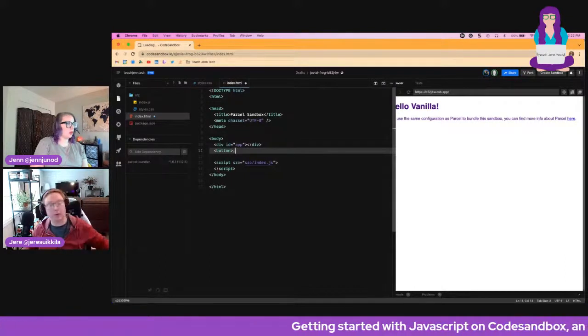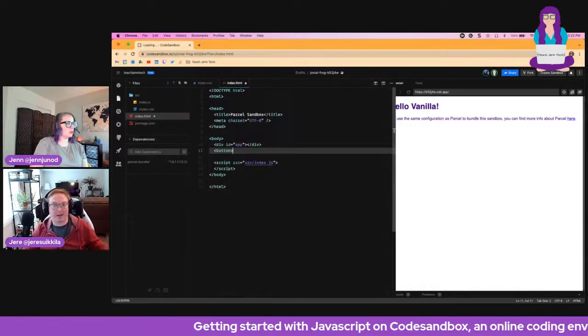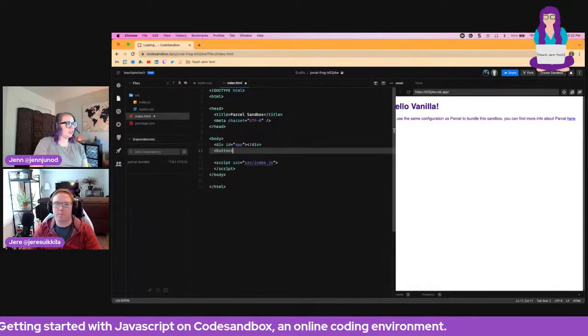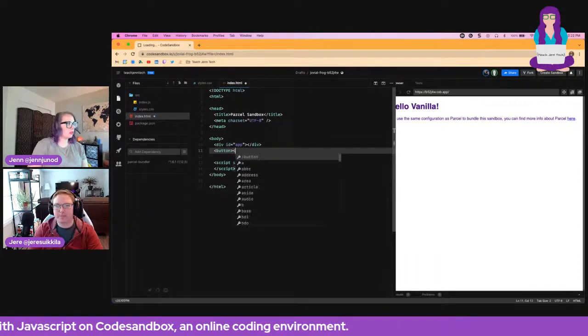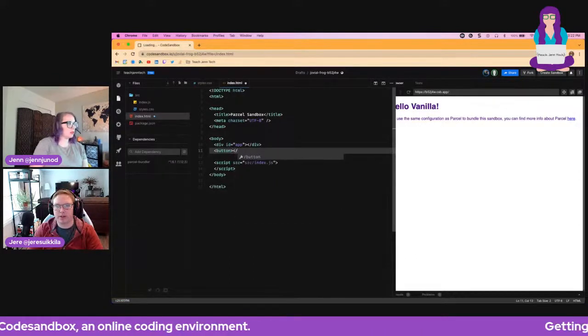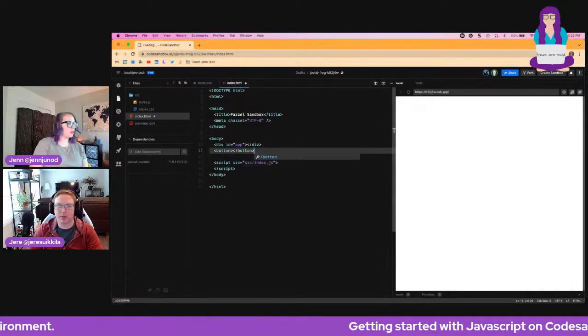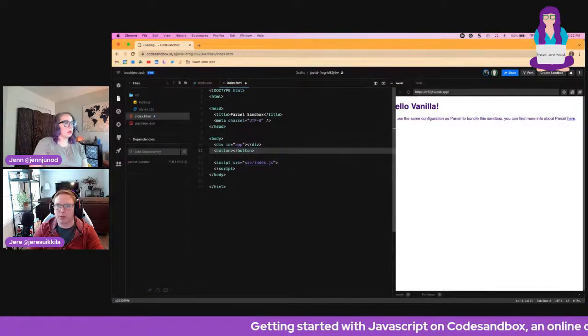Now that we're in HTML land, we end things like you see in the line above. Like this. There you go, and it's already auto suggesting the option for you.